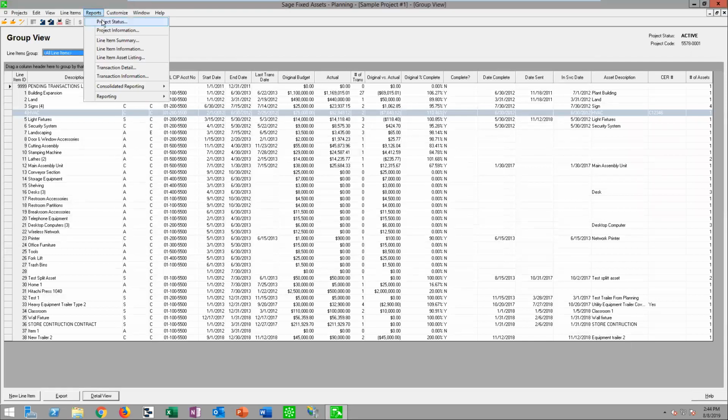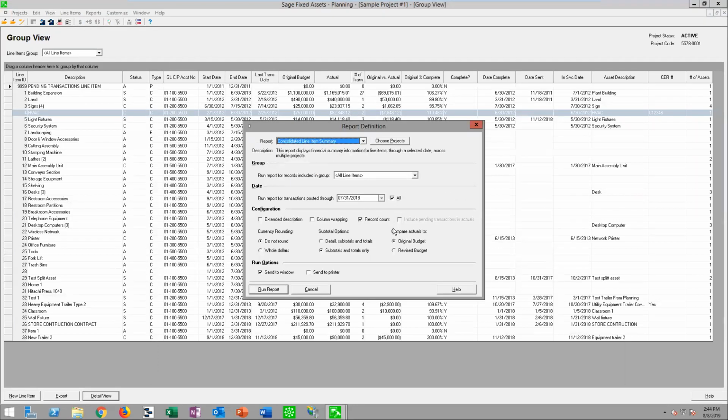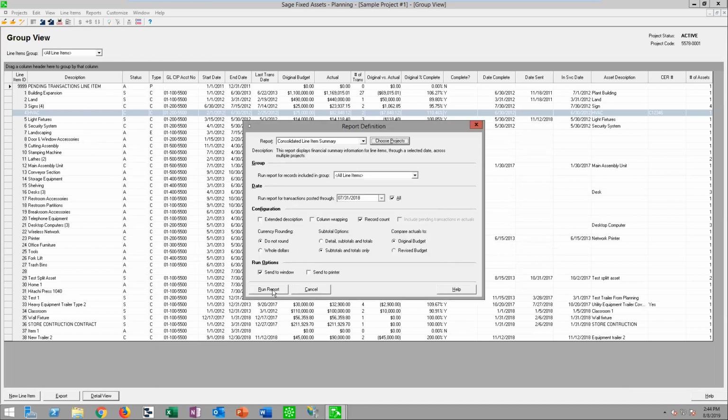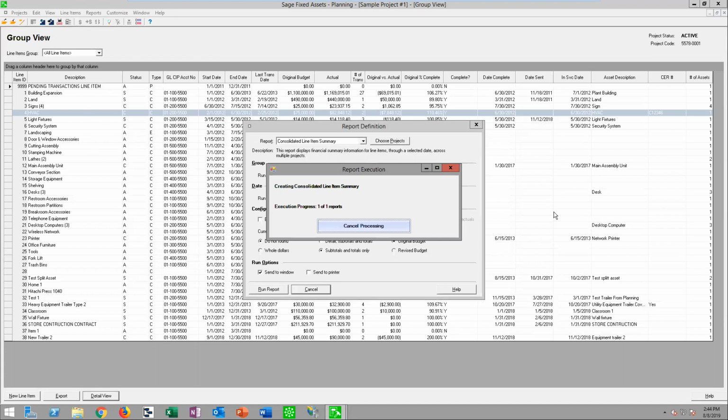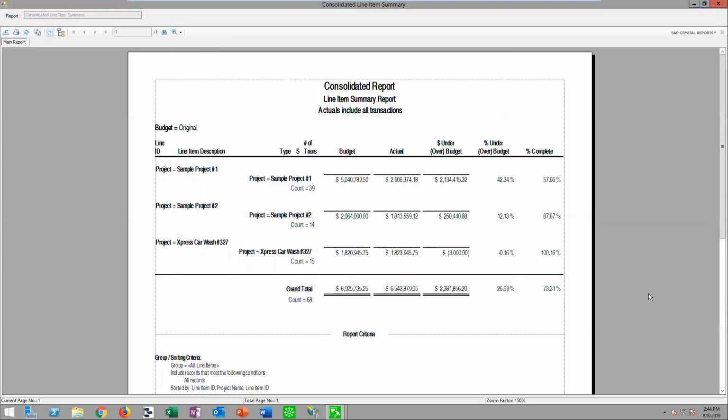For reporting out of this, there are consolidated reports, or there's some detailed reports depending on what your needs are for reporting, and you can report against the original or the revised budget, and you can do this in subtotals only, for example, for this consolidated report, where I'm going to look at the current project as I'm in, as well as 2 other projects that I have ongoing. If I run this in subtotals only, it's simply going to show me where my spend is against budget overall, where I can see here, for example, my original budget, my actual spend, and I'm under budget,